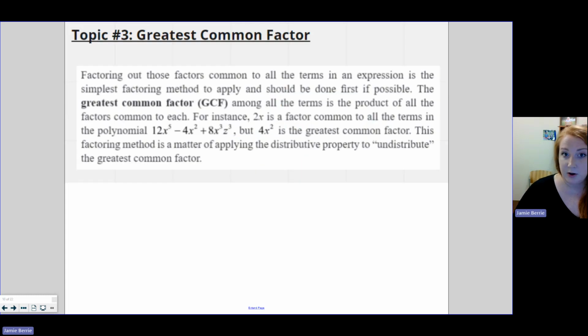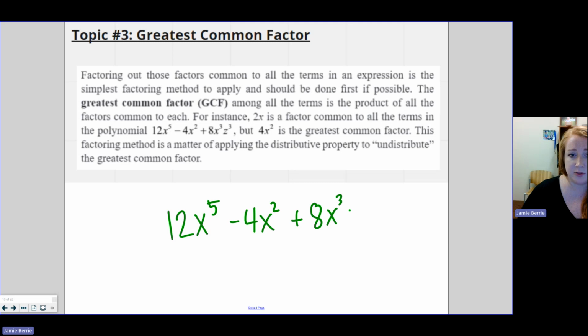All right, GCF. Here we are getting into the actual meat of the section. GCF stands for greatest common factor. It says the greatest common factor among all the terms is the product of all of the factors common to each. For example, if you have the polynomial 12x to the fifth minus 4x squared plus 8x cubed z cubed,